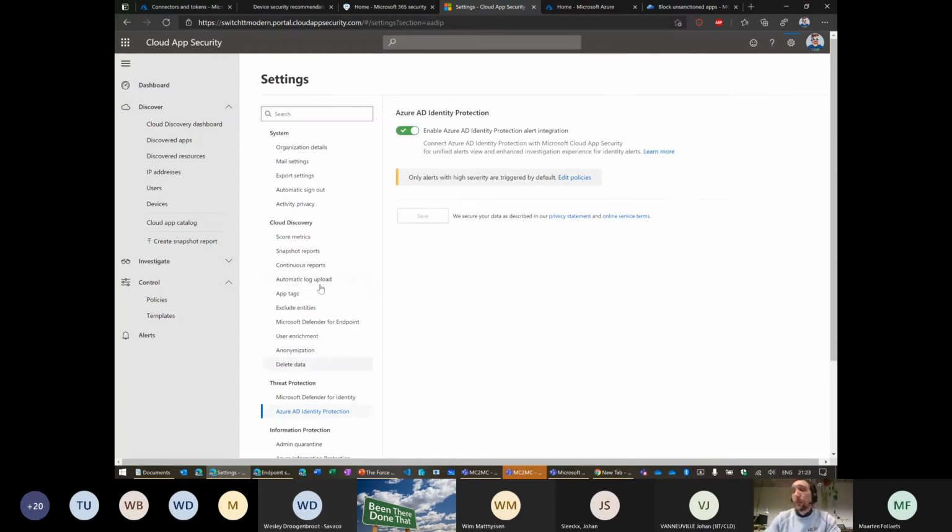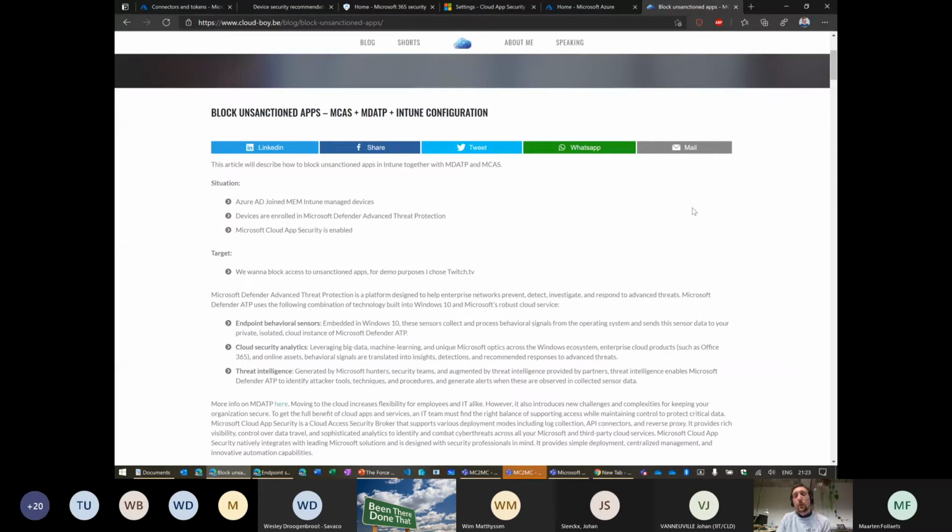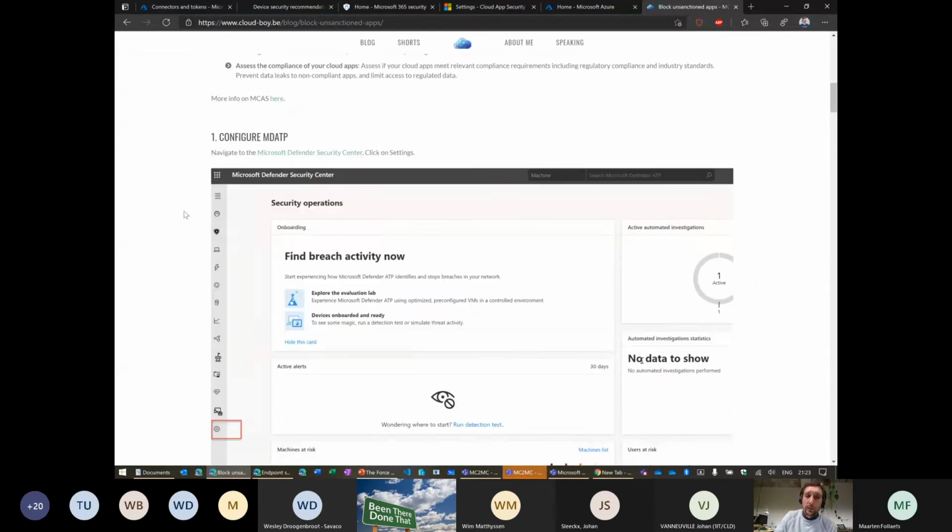What I'm going to show you in MCAS in a specific scenario tonight is how we can block apps, unsanction them, and I'm going to demo that it will be blocked on network level and not just in Edge by SmartScreen. If you want to set it up, I'm not going to go over the whole Intune config because it's not that difficult. I have a blog post about it. It's from a year ago, I think, that will go through all of these settings. So if you want to play with it, just go to my blog, go to the post, follow it, and you will see that it's pretty easy.